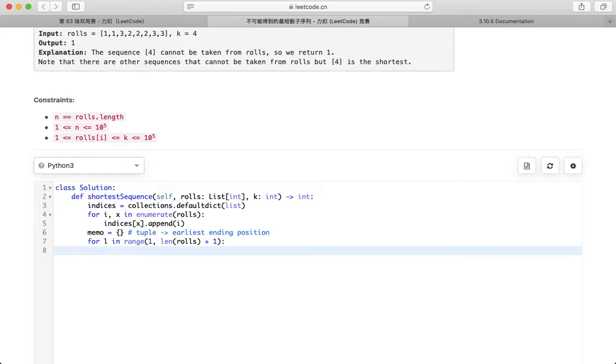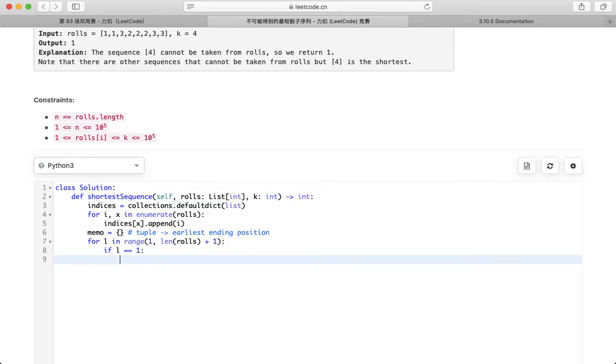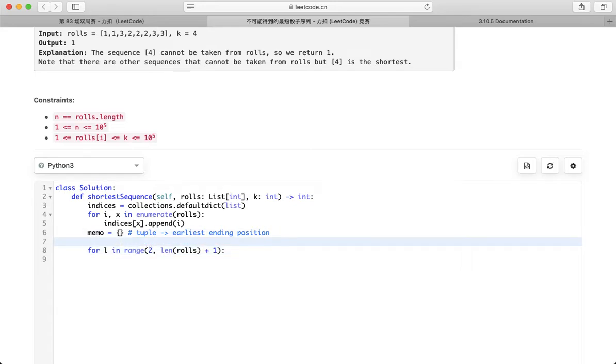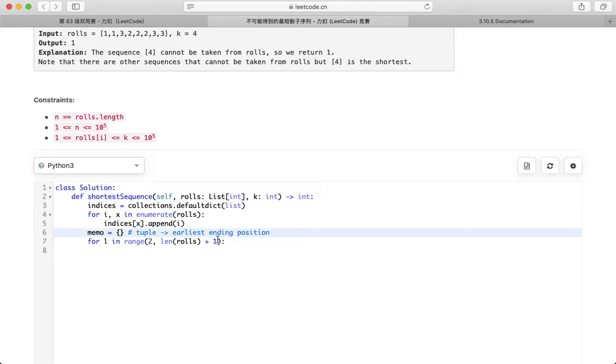Then I actually need separate cases of L. Or I pull this out and I can do the comprehension here. Or I don't, because